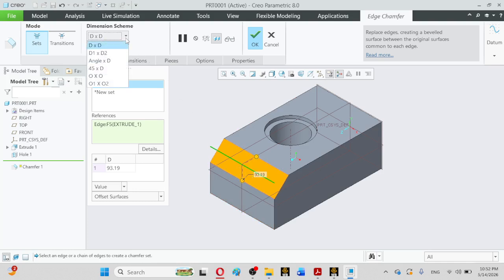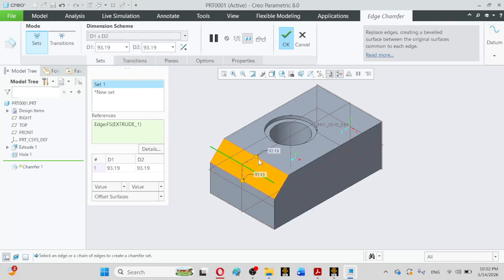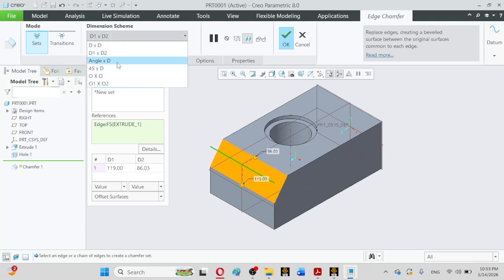So if I am using this, for example, d1 cross d2, that means the chamfer distance can be independently controlled. So this is actually a simple demonstration. Like this you can change logically. After that, there is angle d. So angle xd means the